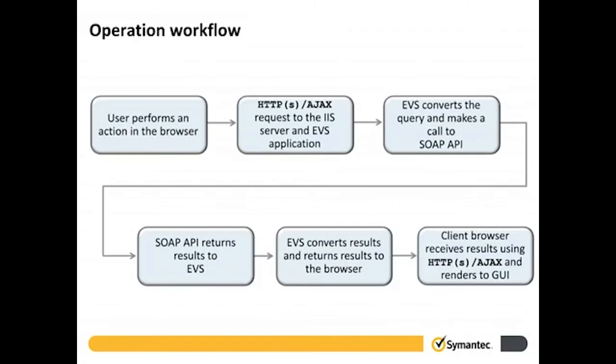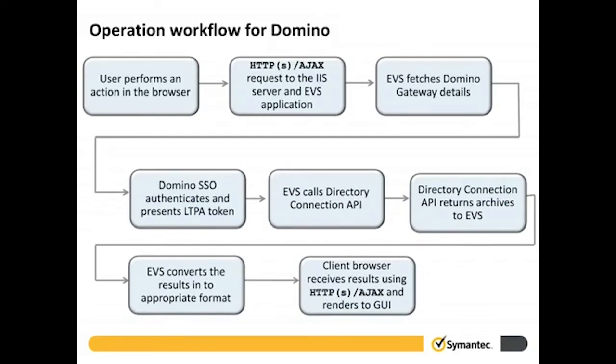This slide outlines the workflow for the Enterprise Vault Search process. This slide outlines the workflow for the Enterprise Vault Search process for Domino. A user opens Enterprise Vault Search Domino on a browser and performs some operation, such as navigating the archives the user has access to. An HTTP AJAX request goes from the client browser to the Enterprise Vault Search application on